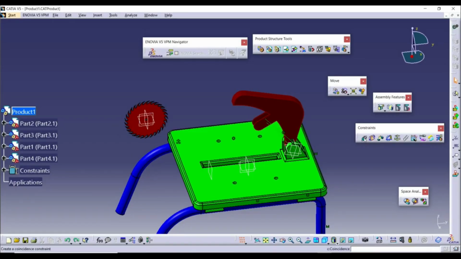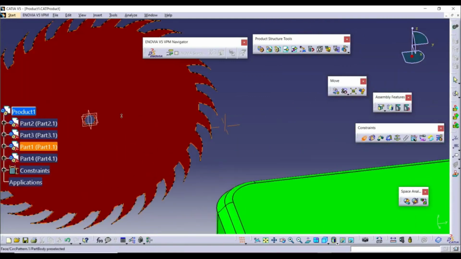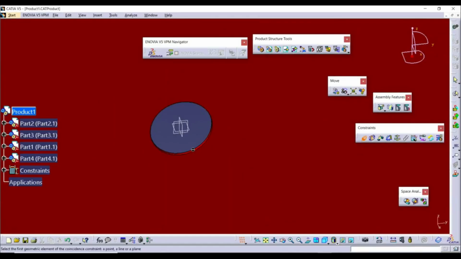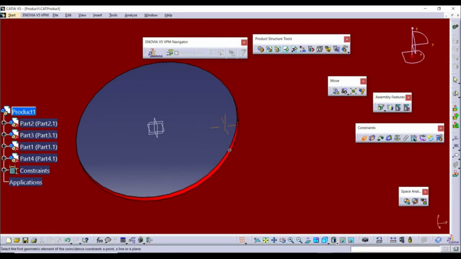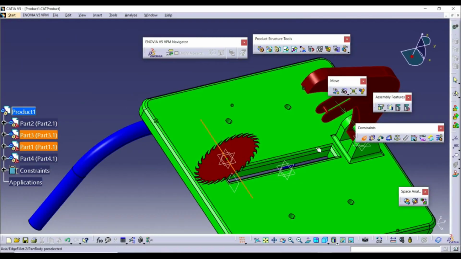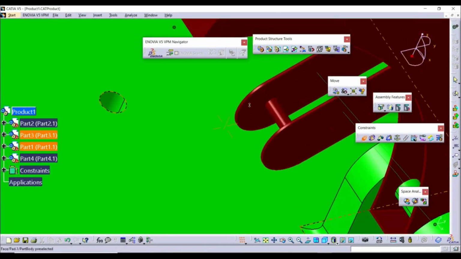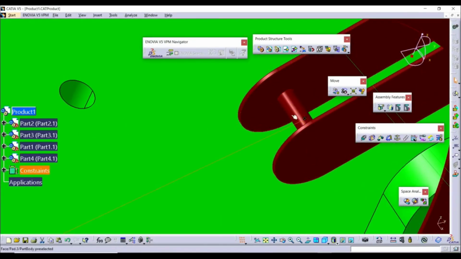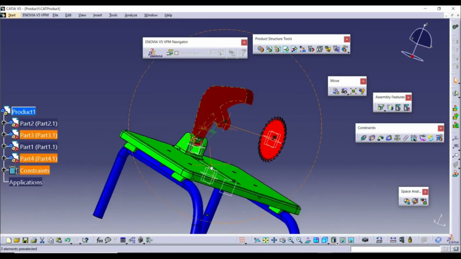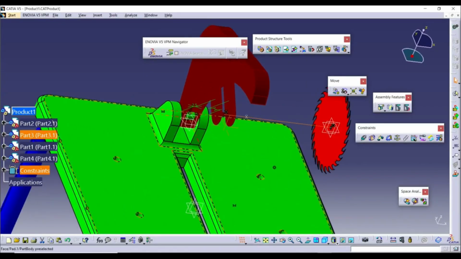So let's go here to the coincident. Let's go here and let's go to this hole here, like this. Let's get closer and let's select this axis, like this. Now let's go here, this cylindrical part here, like this. Let's select this axis here and let's go here with update. And this is it. And we want to make sure that this part here will be right in the center